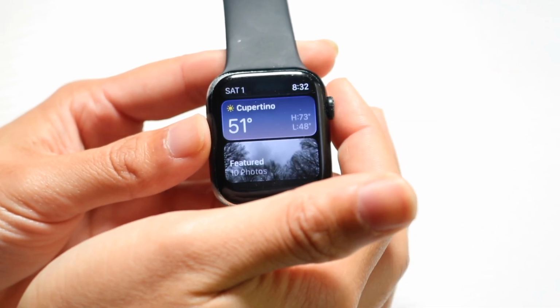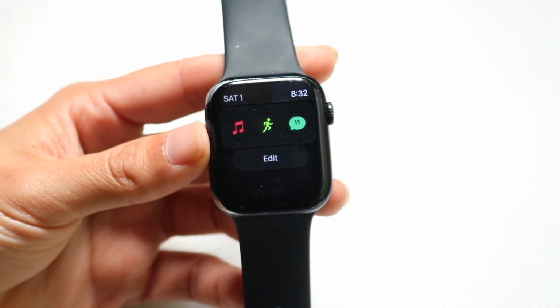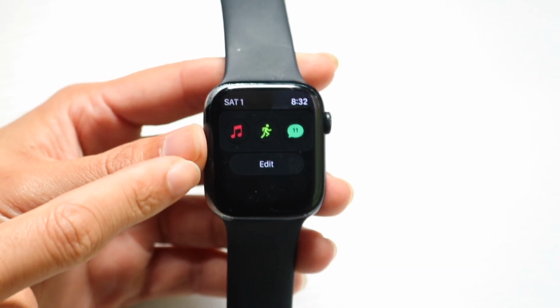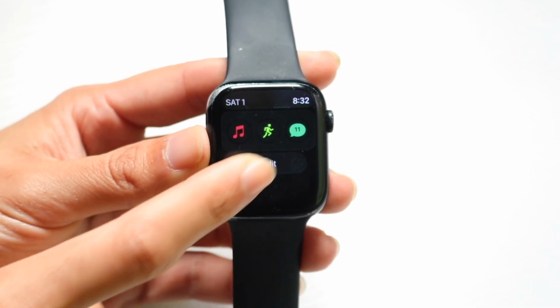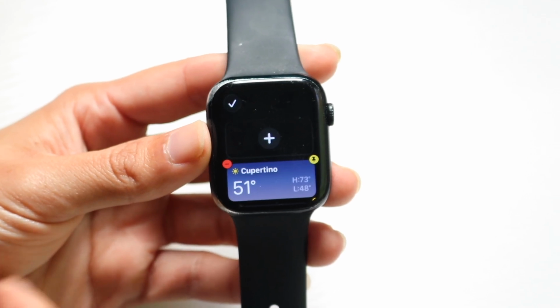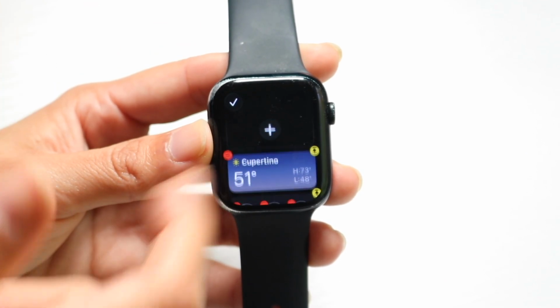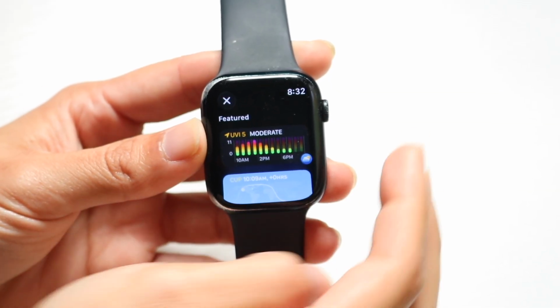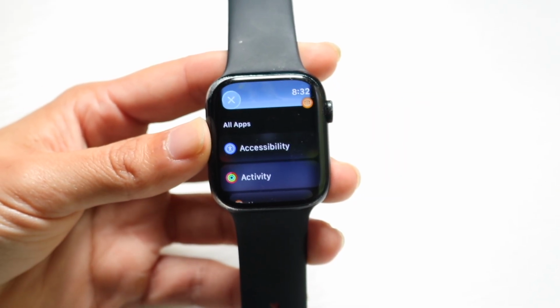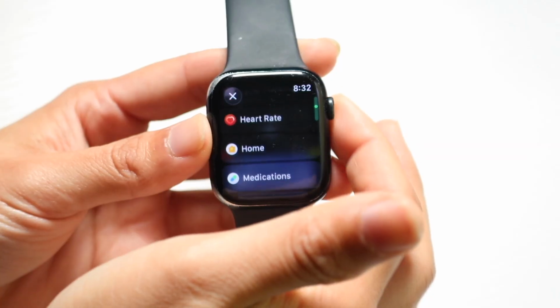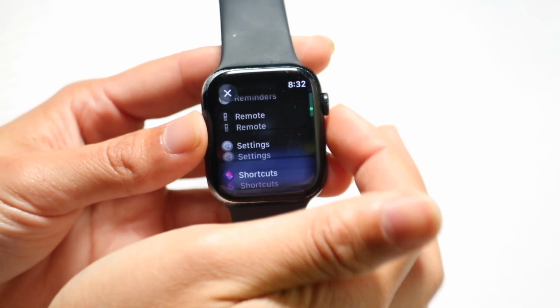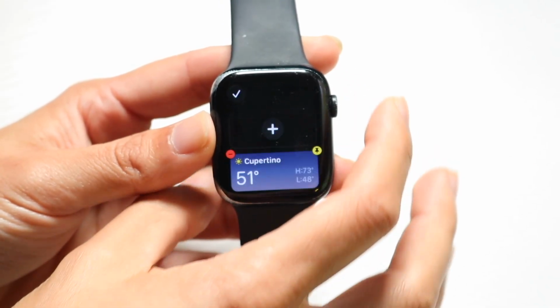So you can always swipe down from the top of your widget panel like this, and tap on the little edit button. Tap on edit, and you can add a widget this way. You can find the widget that you actually want by clicking on the plus button, and add in that additional widget just from this page. So go through, add in that widget, see which one you want,